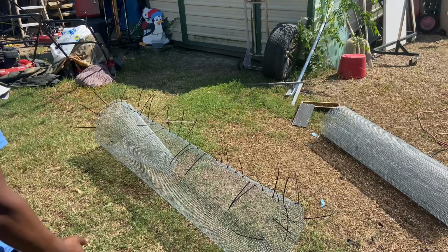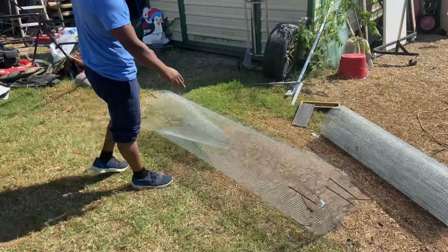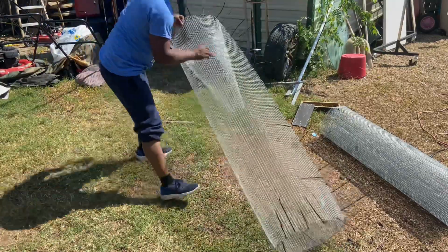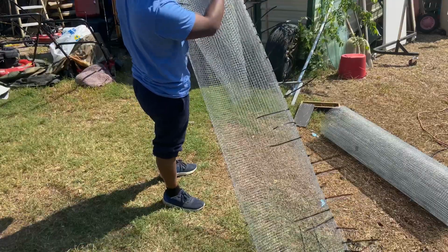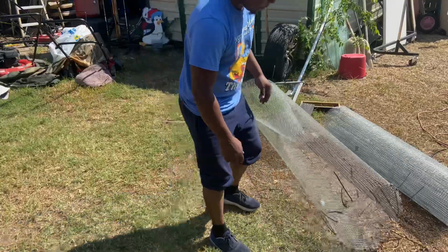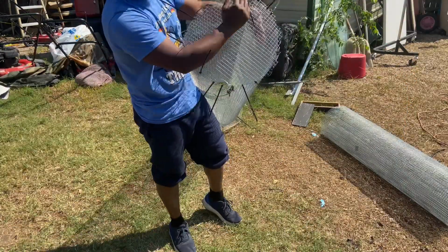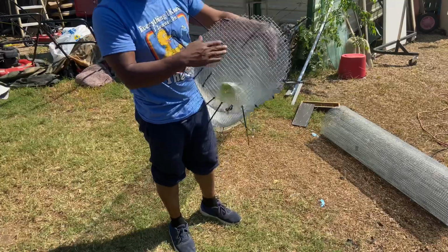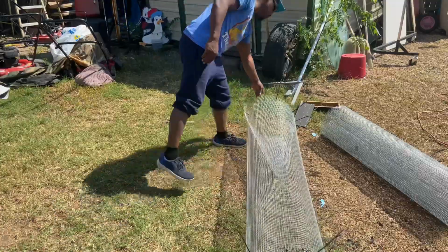All right, guys, so this is the fish cage right now. I zip tied it all up, as you can see. Zip tied it, starting with the biggest piece first. I folded it over, zip tied it all the way down, and then I came on this end, cut out just a round piece, zip tied it all the way in, all the way around. And then for the front door of the cage,